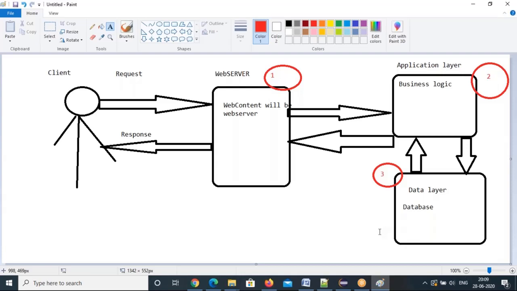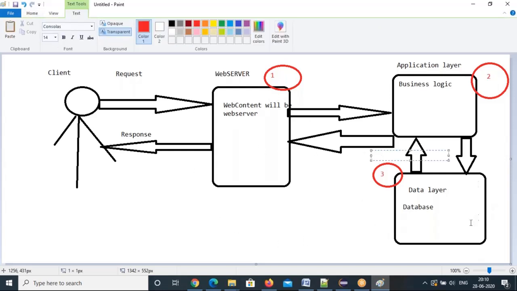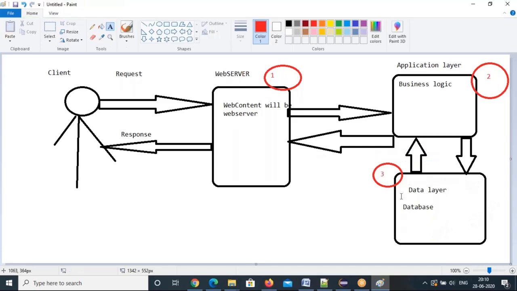That's why I explained this architecture, guys. Otherwise, no need to explain. You can think, okay, where can I interact with the database? You'll get a doubt, right? That's why I'm giving this in the web architecture. The data will reside in this database, whatever data you created. In your web application, you have a lot of data: your usernames, passwords.